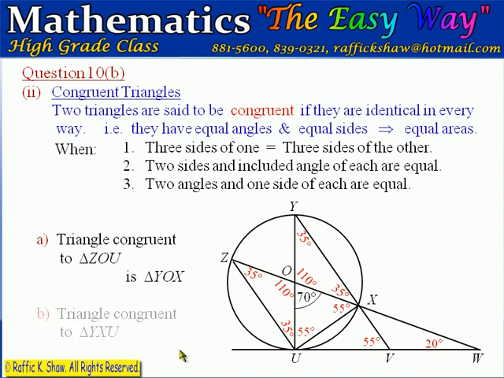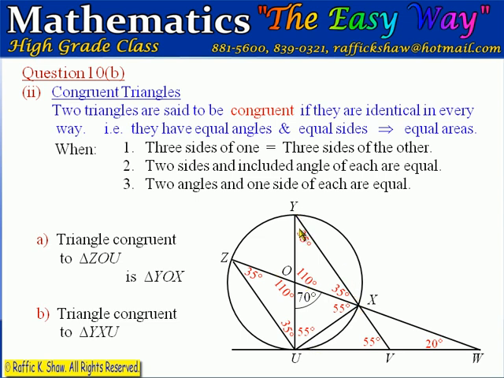And then we're asked which triangle is congruent to triangle YXU. That's this one, triangle YXU. That's this triangle here. Now in this triangle, we have a diameter. The angle at this end of the diameter is 35 degrees, and the angle at this end of the diameter is 55 degrees. If we look at this triangle here, we see we also have a diameter, and the angle at this end is 35 degrees, and the angle at this end is 55 degrees, similar to this triangle. So this triangle here, triangle ZXU and triangle